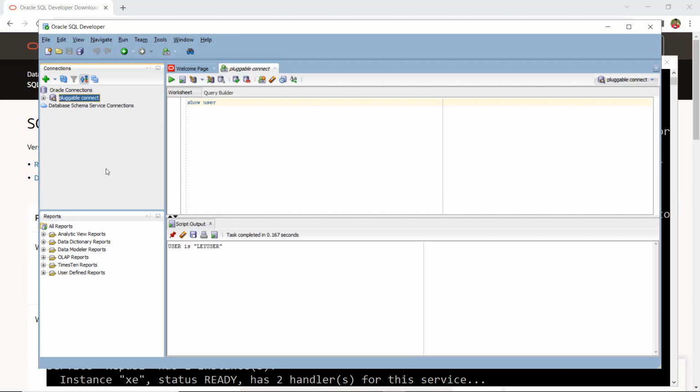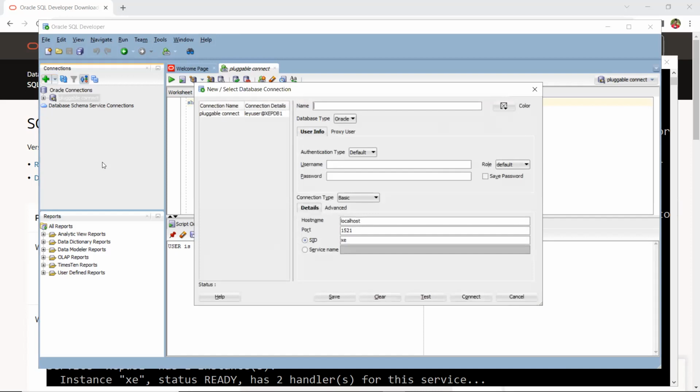Now, how do you connect as SYS or system? With that one, you don't need to set up your TNS file. You can skip all of those steps. All you have to do with that is for the name, remember, you can put any name that you want. So I'm just going to put System Connect up here. And then with the username, I'm going to put SYS, but the role needs to change. You need to call that